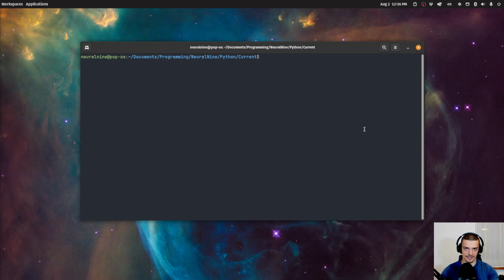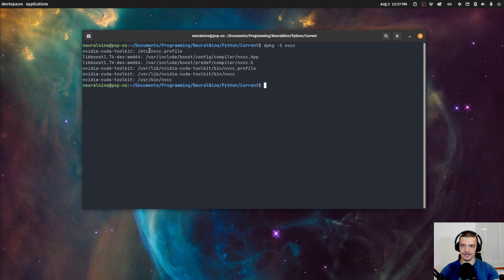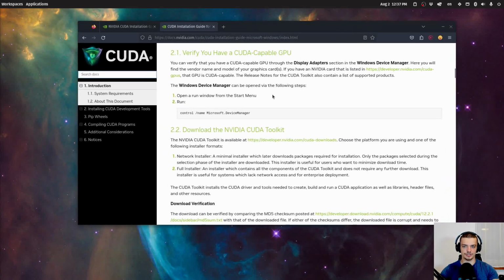And of course you need to have an Nvidia GPU for that. You cannot do this with an AMD GPU. But I think if I just run this command here, I should be able to see where I'm running the compiler from. Yeah, Nvidia CUDA toolkit. So this is what you have to install, but if you want to make sure everything works correctly, just follow